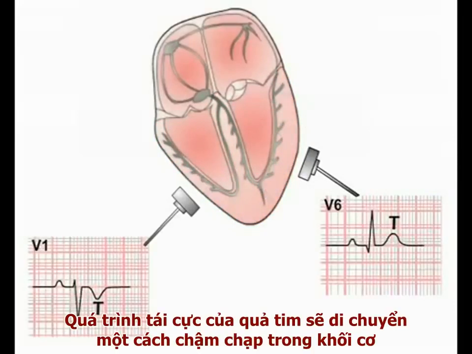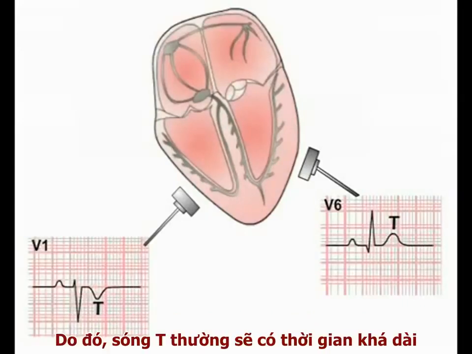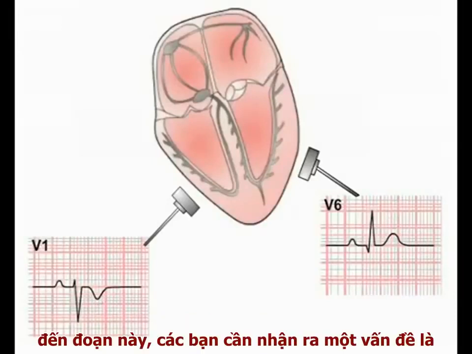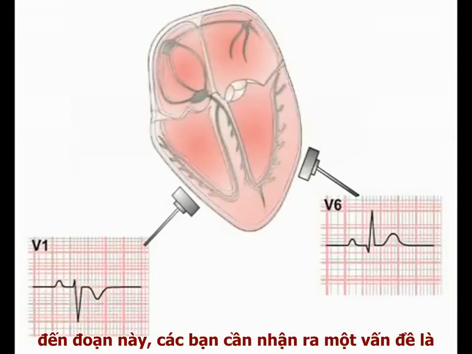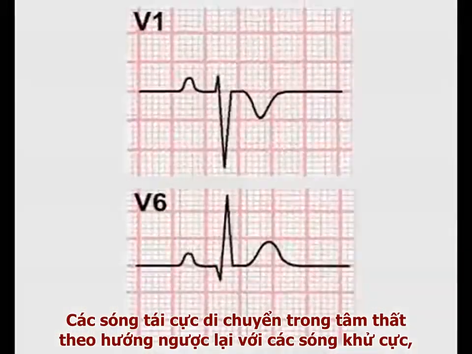Cardiac repolarization spreads relatively slowly through the muscle mass outside the conducting system. Hence, the T wave is considerably longer in duration and therefore broader on the ECG paper compared to the QRS complex. You should also realize at this point that the fact that repolarizing current moves through the ventricles in the